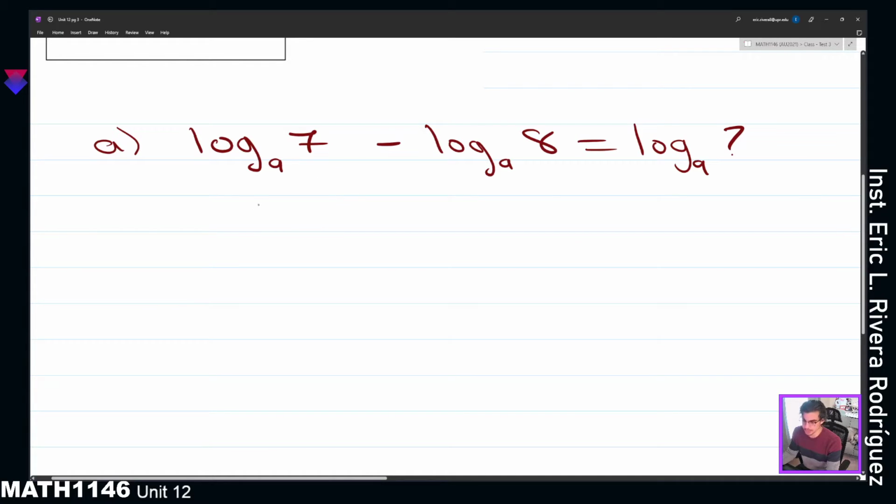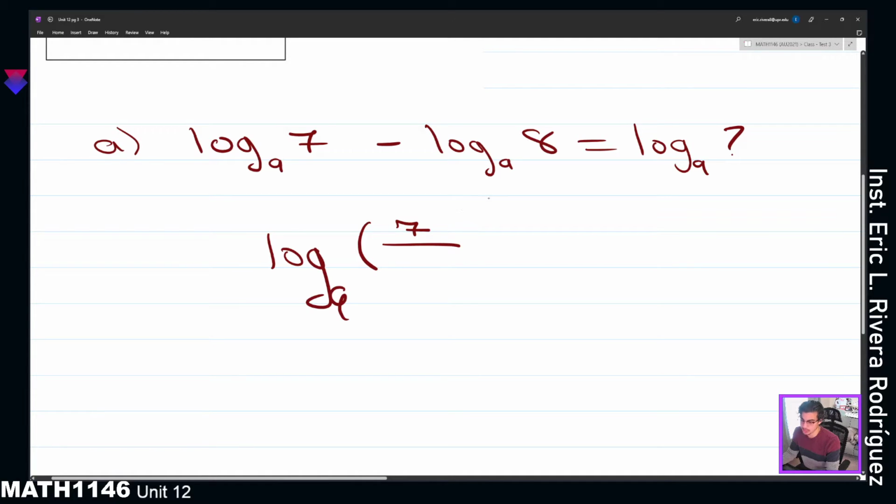The quotient property simplifies this subtraction into just one logarithmic function, where the argument of the positive term will become the numerator